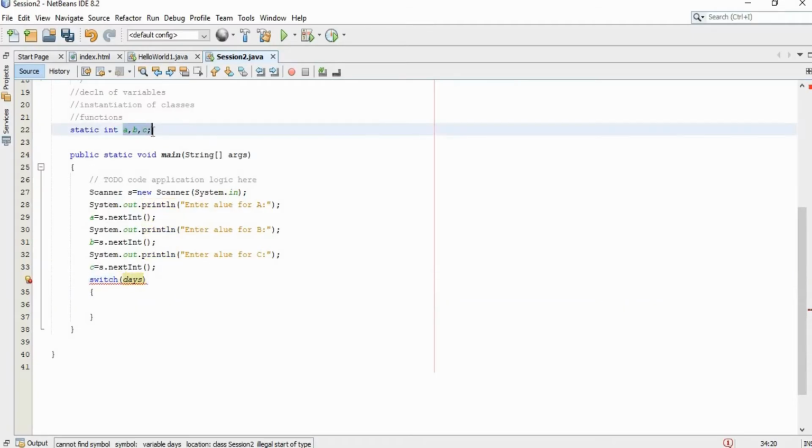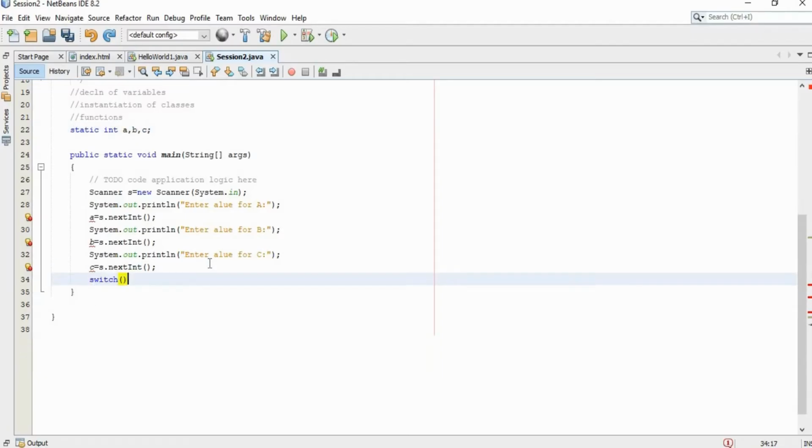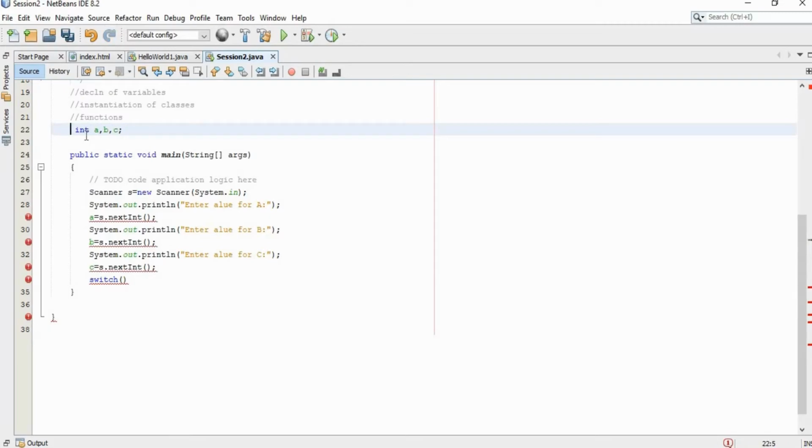Let the variable be days. One more thing to note: I am just undoing my actions. Here, if I am writing int a, b, c, I have created three variables of integer type.